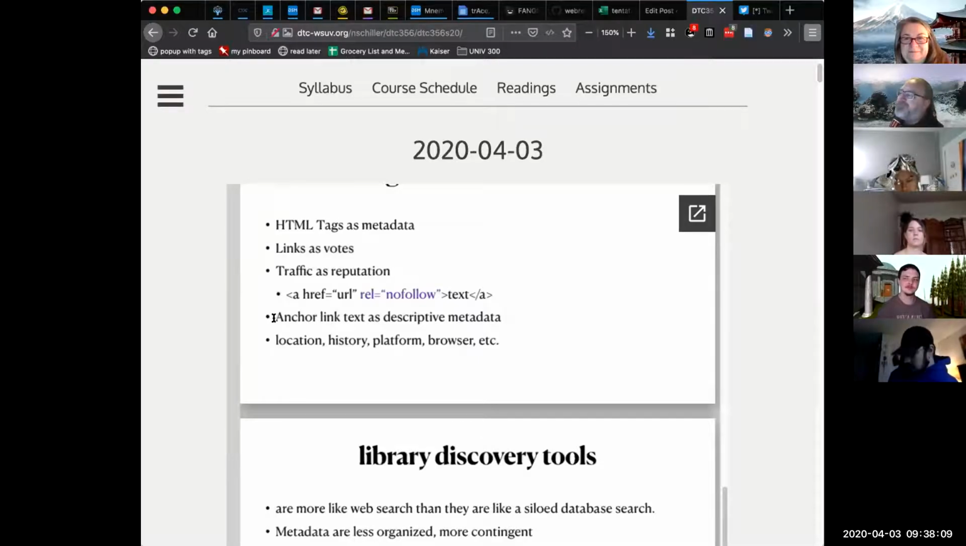Okay. Next, anchor link text is descriptive metadata. And this is a very important thing that I haven't gotten around to before now. Its importance is not related to how often I've talked about it up until now. When you write a link to another page, not only is that a vote, but the anchor link text. And as an example of anchor link text, I'm going to highlight, if my cursor will highlight,